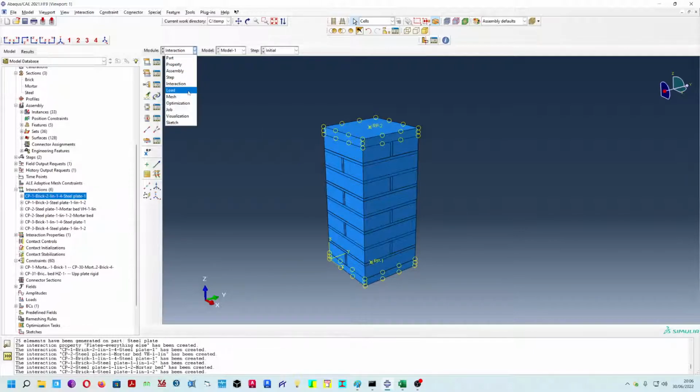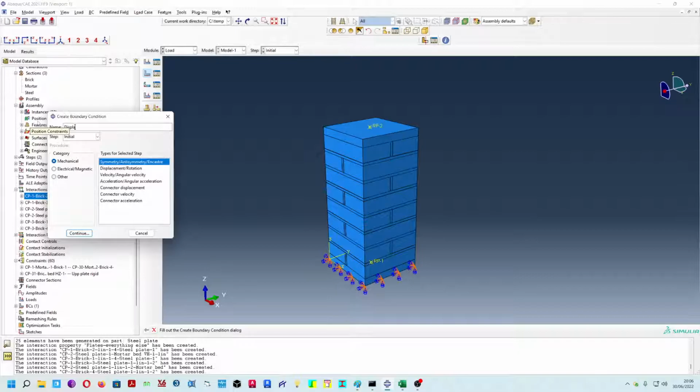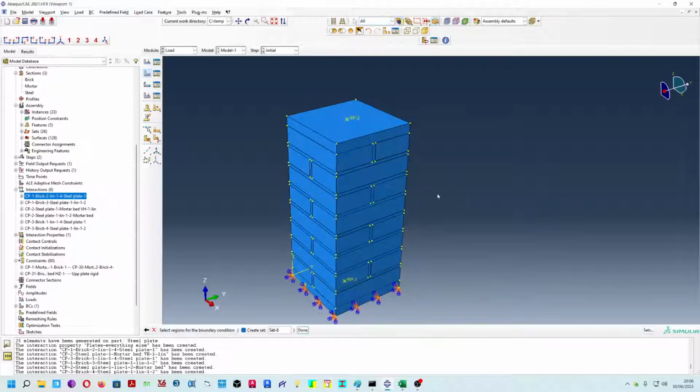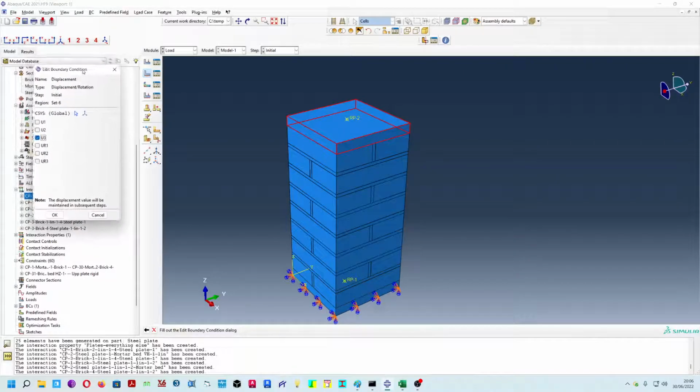Displacement, we're going to set as load. We can find it in Load. Instead of create load, create boundary condition. Displacement, mechanical. Displacement rotation type, continue. Select a region, I'm going to pick up the entire cell, which is a rigid body. Done. Okay, so global system, U3, okay,